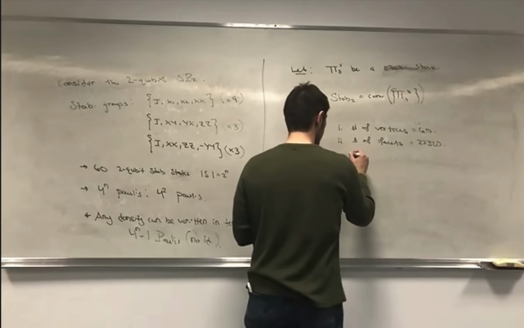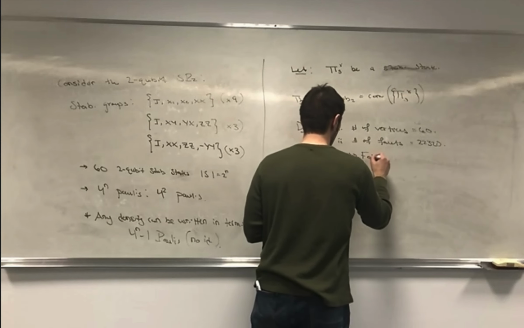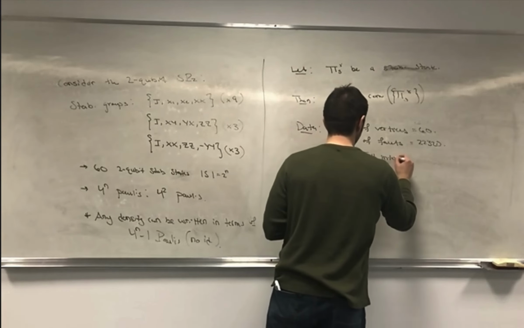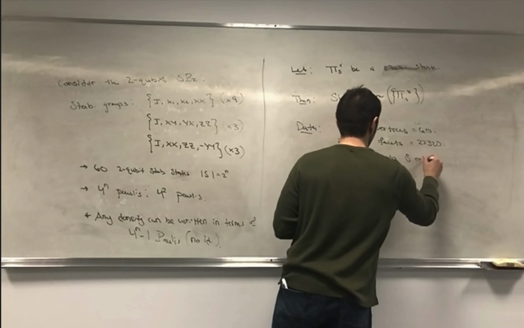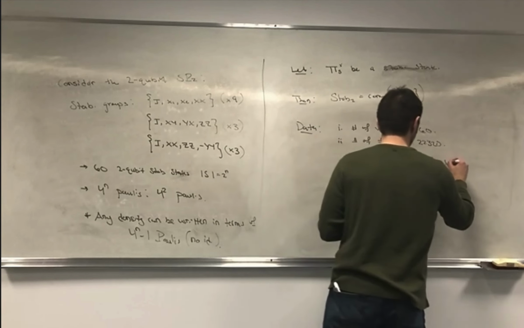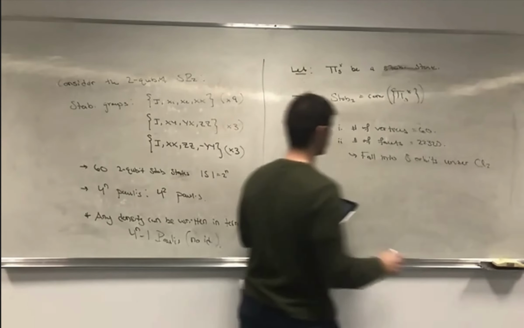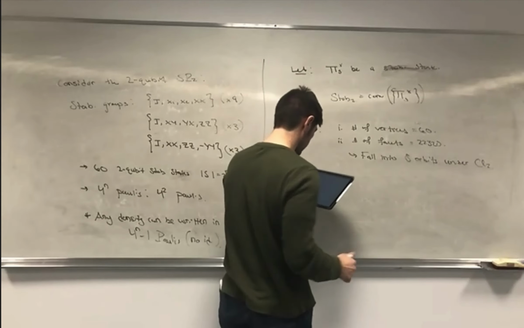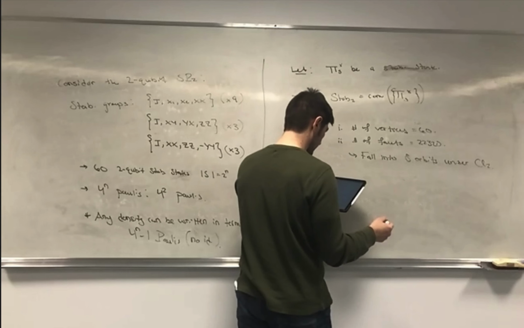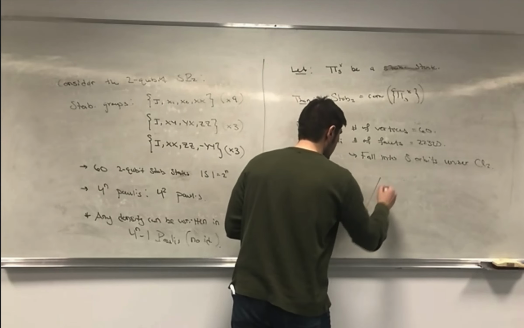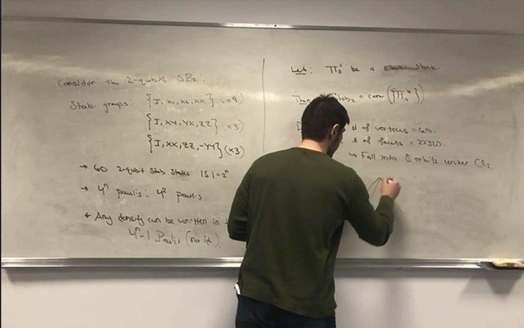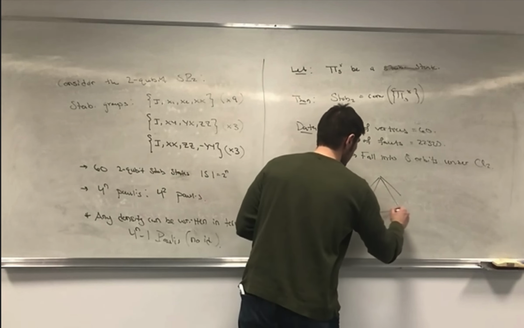And these fall into 8 orbits under CL2. So just to clarify, because we didn't go over much polytope theory, if you have a polytope like this,